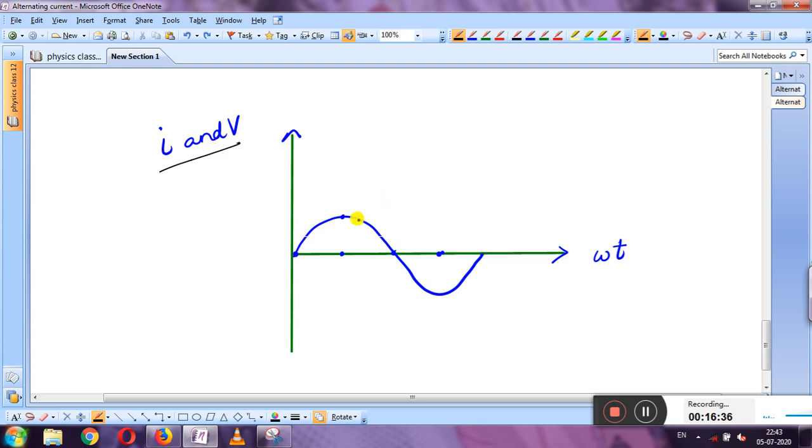The value of voltage will be achieved first, and then current will achieve those values. The graph will be in this way. The value of voltage is maximum at pi by 2, but the value of current is maximum